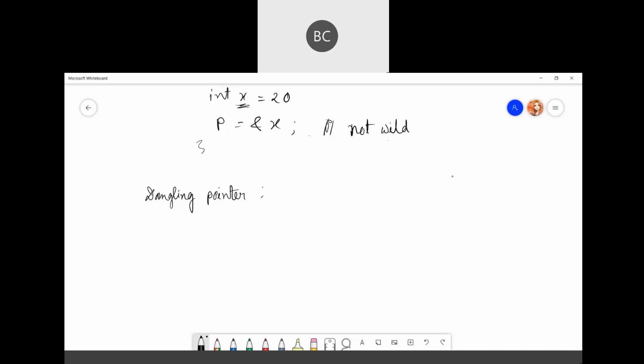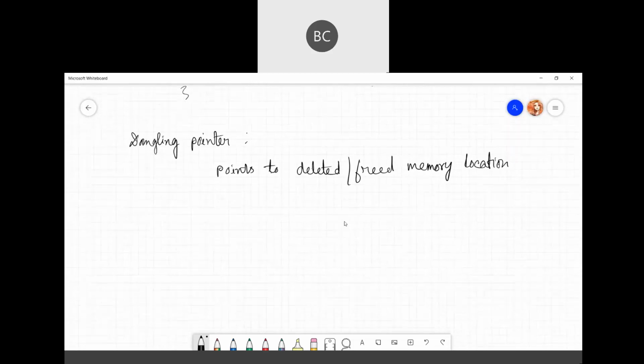That means it's mainly useful for dynamic memory allocation. It points to a deleted or freed memory location. Okay, so you can see an example.